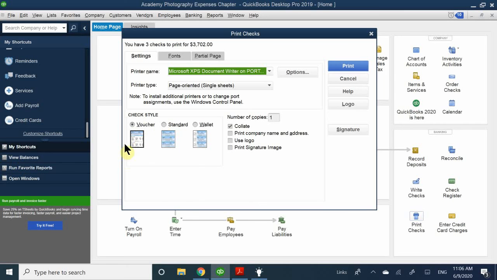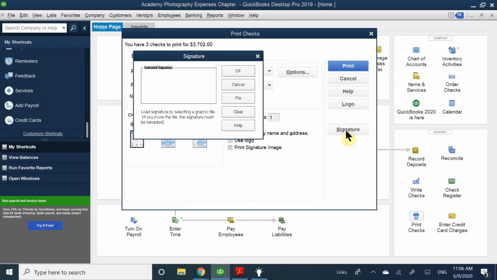I'm not going to print the bill. There's no point. Actually, no, I changed my mind. I want to do vouchers. So I want to put the statement on there and exactly what I bought, and I'm going to attach the actual check right there. Now again, the most important thing about printing a check is you need to have a